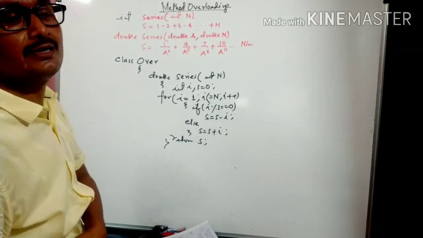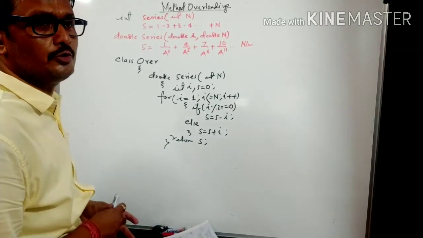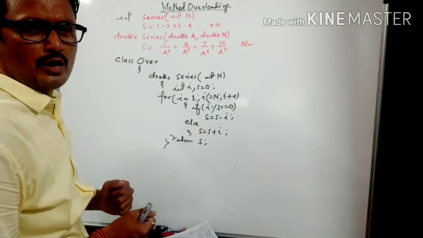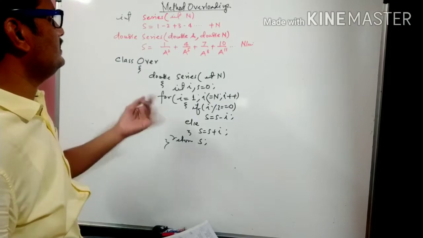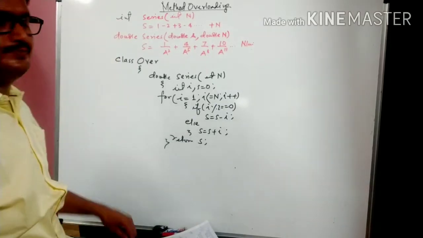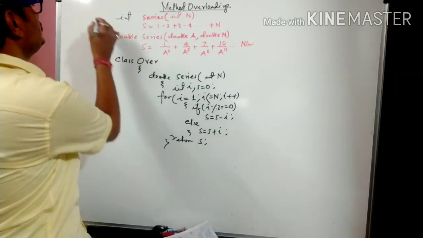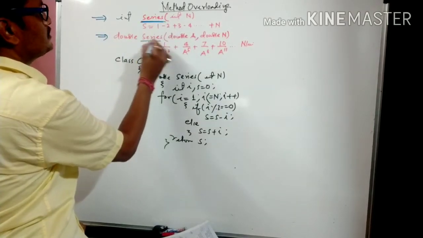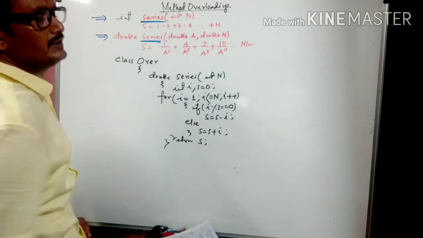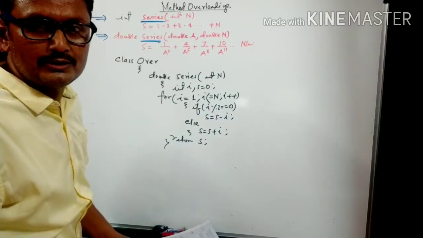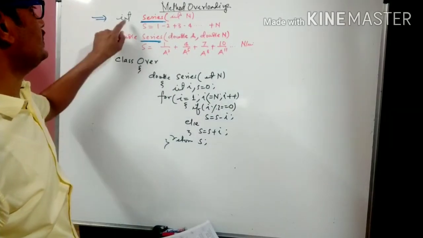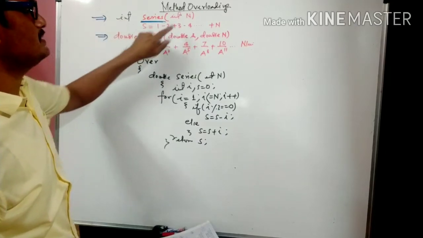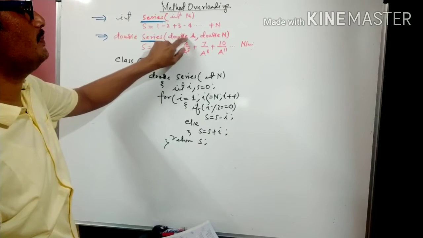In the previous clip I already explained method overloading with two examples, and I gave you one or two homeworks. Here is the question. In both questions, the name of the method is series, but the signatures are different. So that is a part of method overloading. Here the return type is integer, but in the second the return type is double. That doesn't matter. The signature is what matters: here it is an integer, here it is a double and double.